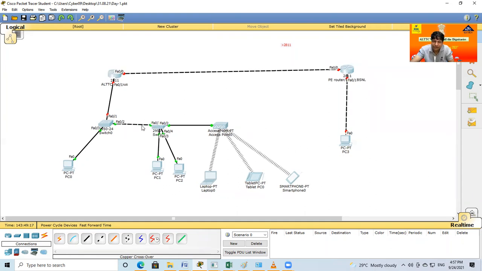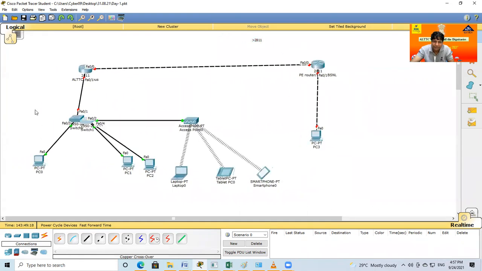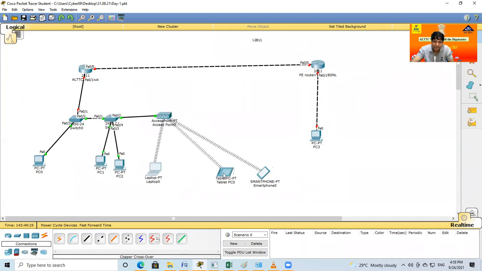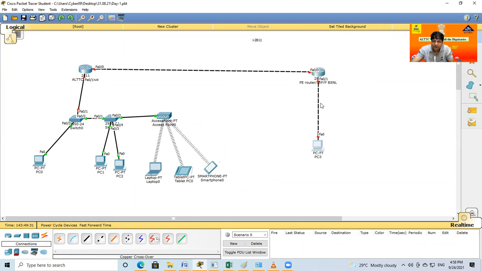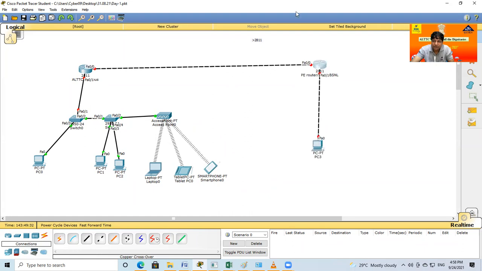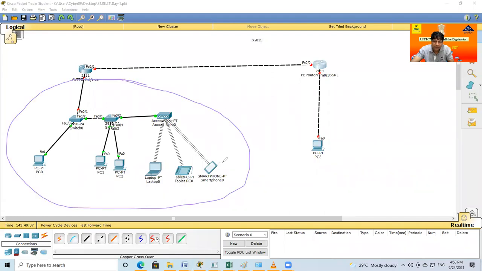This is your college campus, it may be. How many LANs? Okay, I think there is some confusion, so no one is giving the answer. This is a router port, so this is one LAN.